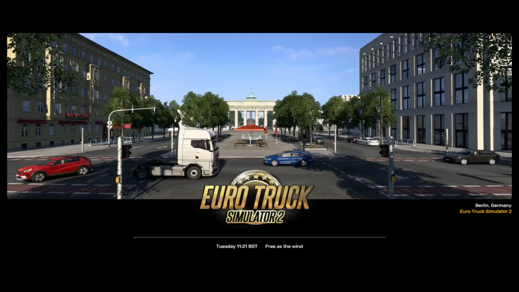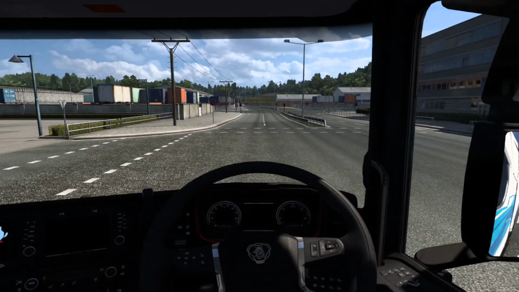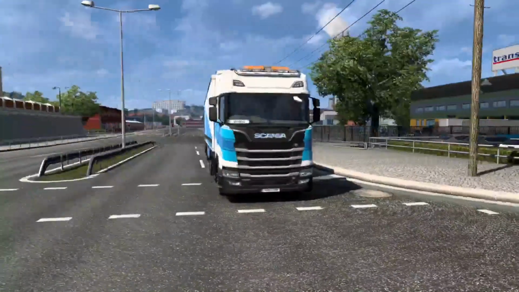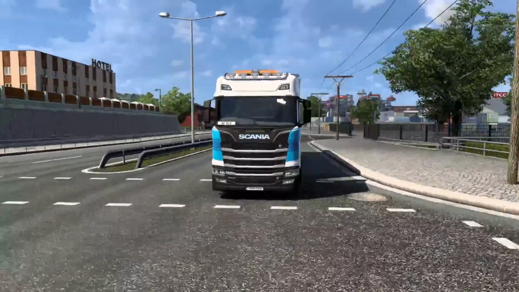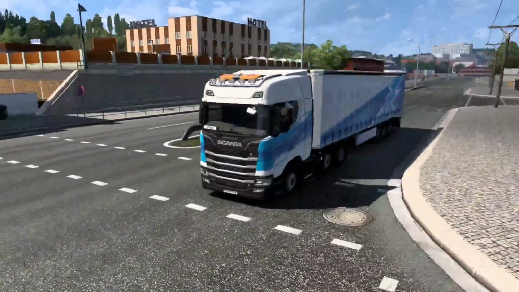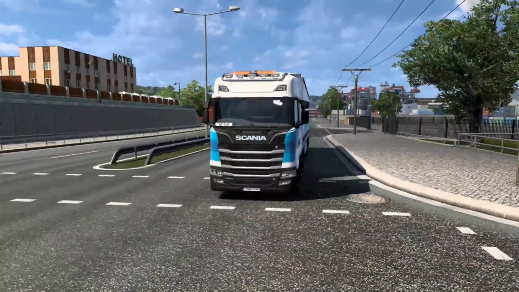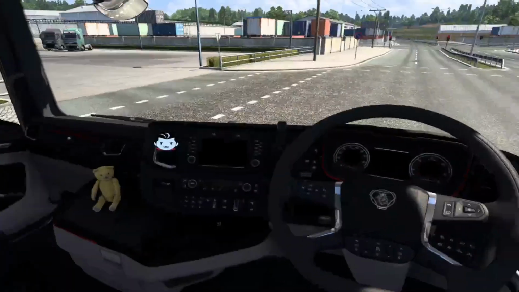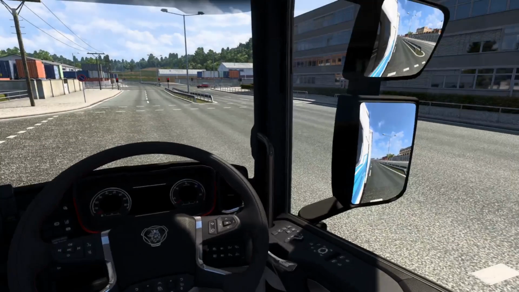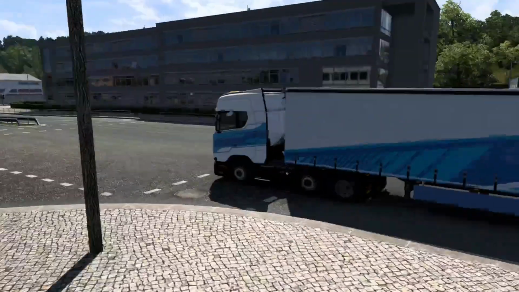Doesn't look good when I open the game. Maybe you can see it better, but on the screen it looks a bit stretched. So I can't use the gear shifter in this mode, in this version. But what I can do